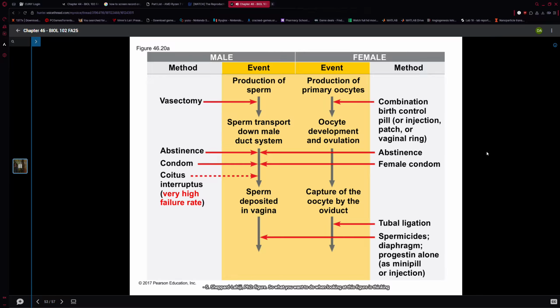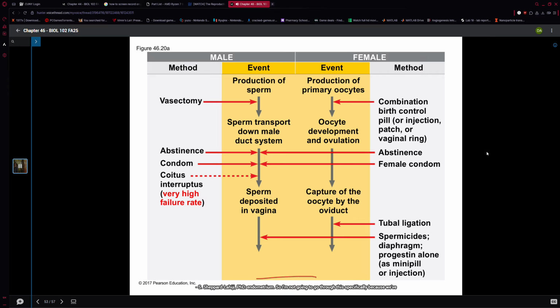So what you want to do when looking at this figure is think about how the male and female reproductive tract are being utilized within this process, which types of methods are applicable to one over the other. So meaning, a vasectomy would be specific to the male reproductive system, tubal ligation specific to the female reproductive system, and then just kind of thinking about what impact it has, how far down the pathway are we able to impede the process of what we see all the way at the end, which would be implantation of a blastocyst in the endometrium.